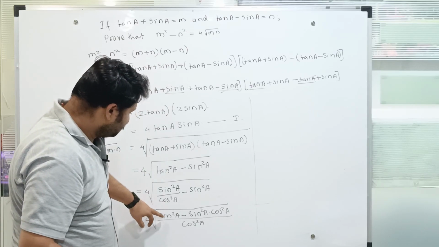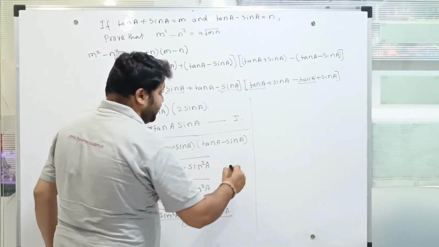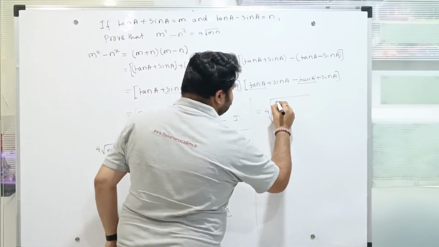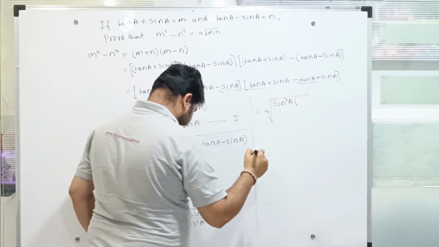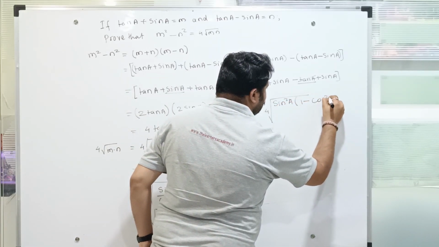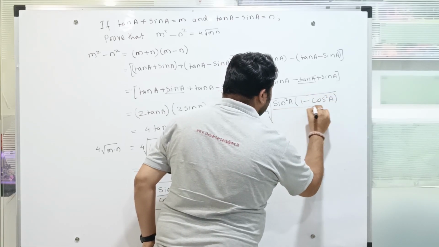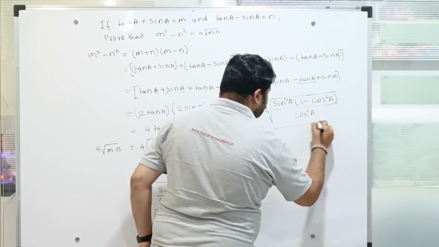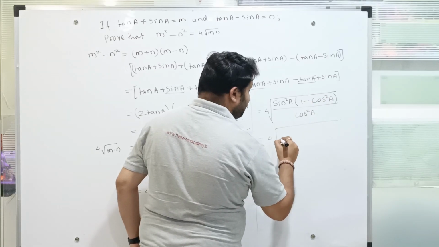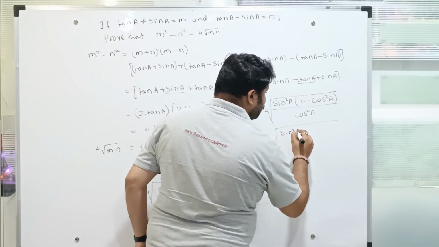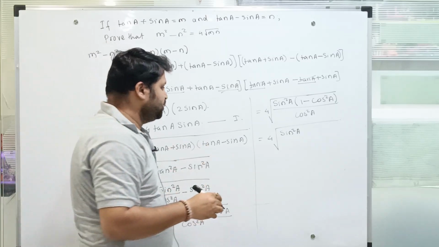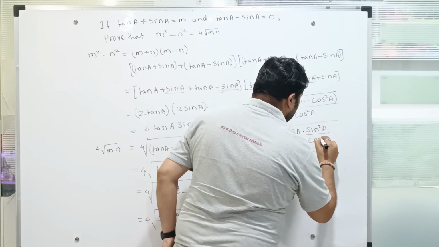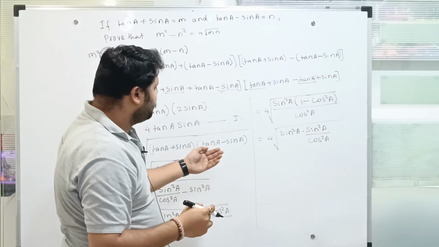Now, if you see, I have sin square A common in both of them, so I can take it out, and I can write 4 multiplied by root of sin square A times 1 minus cos square A divided by cos square A. Now this 1 minus cos square A can be replaced by sin square A, because according to the first identity, sin square A is equal to 1 minus cos square A. So I can have sin square A times sin square A upon cos square A,